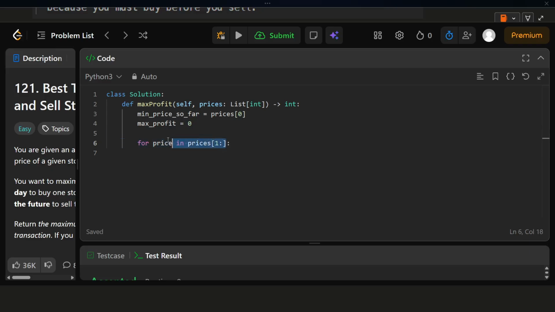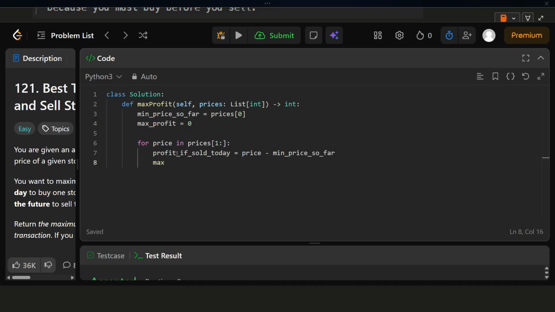Then after this we will write profit if sold today. So what if I sold my stocks today? Price minus minimum price so far.